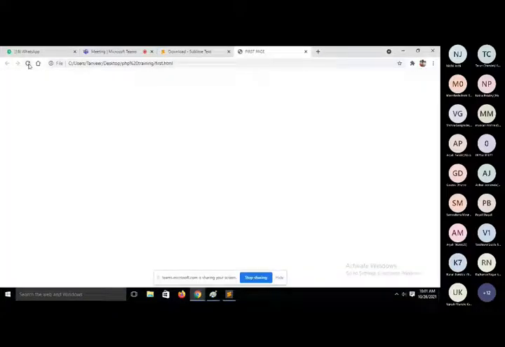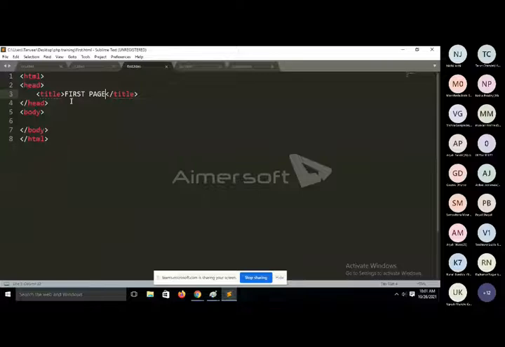So if you want to perform any operation inside the head area, then you will use what? The head tag. But if you want to perform anything inside the body area, then you will use the body tag. So it is the main working area for any application, and if you want to define the maximum content of your web page, then we will use the body tag. So I just want to print the biggest heading of our application or of our page.